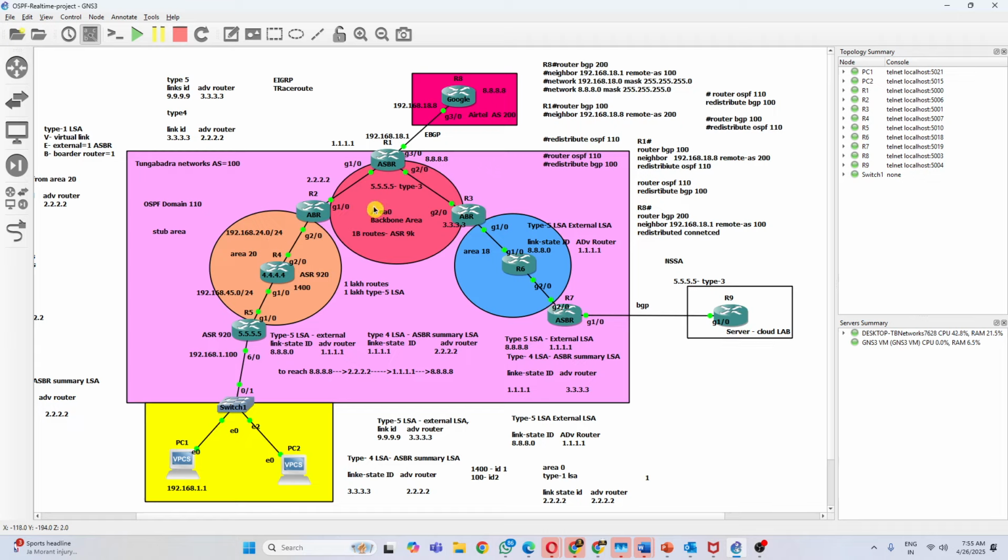except area 0. Why can't we configure area 0 as a stubby area? Because it is the backbone area, and in this backbone area, each and every route should be there. So that's why you cannot configure area 0 as a stubby area, and you can configure other areas, edge areas,